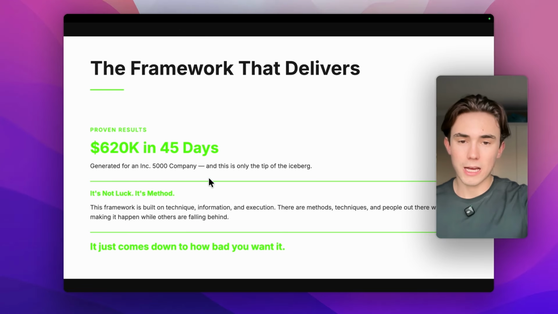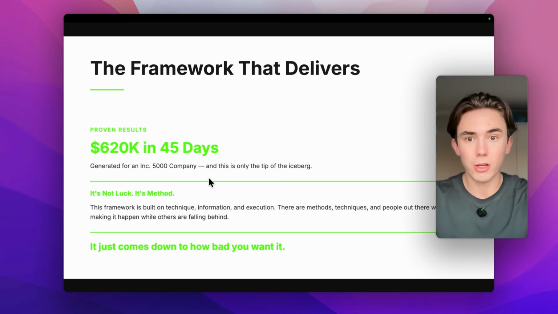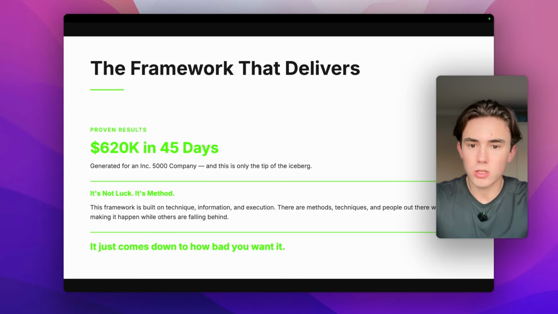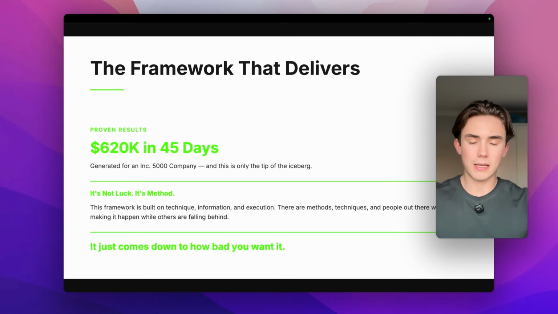Like it says here, it's not luck, it's method, right? It's just multiple pieces of a puzzle, cold email, that we've mastered over the last 4 years. So it's built on technique, information, execution. And if you want to run it yourself, you need to make sure that each piece of the puzzle is accounted for, meaning that your copy is good, your ICP is good, your list scraping is good, your offers are good, right? You want to basically get the full piece of the puzzle before running it,